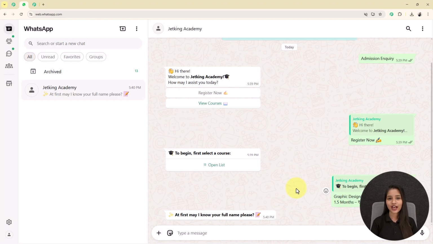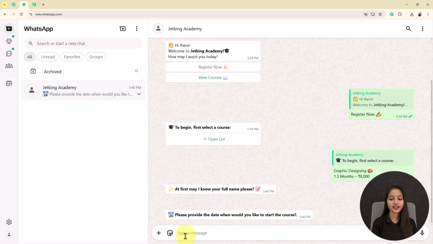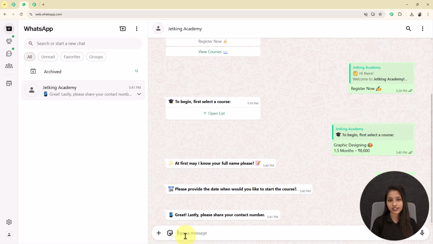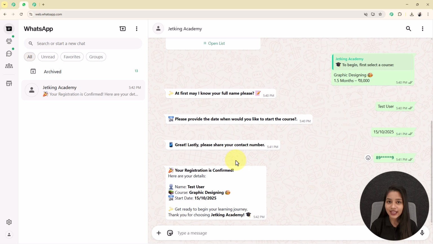Then you can see it will ask me for my full name, so I am sharing my full name as test user. Then it will ask me to provide the date when I would like to start the course, so I am sharing one date also. Then it will ask me for my contact number, so I am sharing one test contact number. Then you can see I have received one customized message from my bot, which includes my name that I have given as test user, the course that I have selected from the list as graphic designing, and the